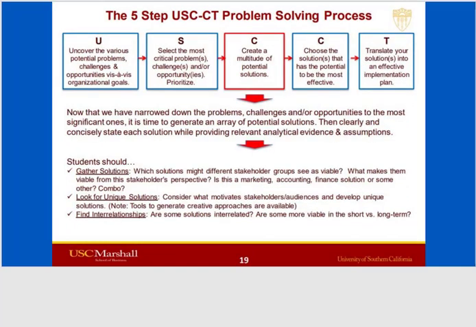The next step in the USC process is to create a potential multitude of solutions. So some people would focus here on the issues. USC focuses here on solutions. So you've narrowed down your problems and challenges, and you're thinking about how can we start to do something about it. You want to provide evidence here, so it's not just coming up with random things you think will work. And you want to think about how this connects. So what's related for our solutions? What works on the short term? What works on the long term?